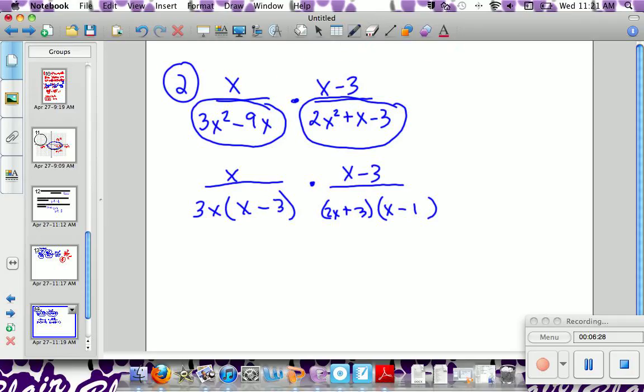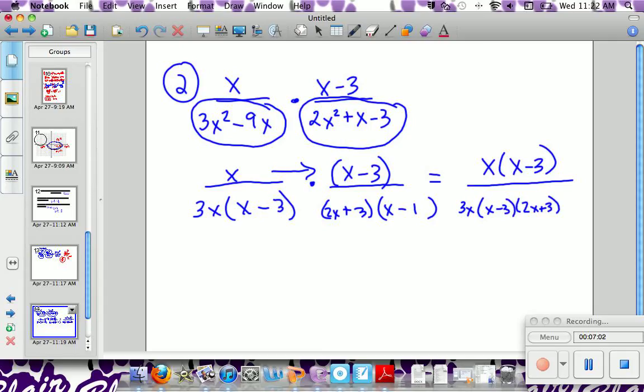Now, I can go ahead and multiply straight across. If everything is simplified, it's pretty much locked in parentheses. I always talk about locking something in if there's subtraction or addition. I want to lock it in. I'm going to multiply straight across. And notice how my goal right now is just to create one big fraction before I cancel anything out. x times x minus 3. Well, let's not distribute anything yet. Let's keep it all simplified. All over, I've got a 3x out here. This is going to get kind of big. I've got an x minus 3, and then I've got a 2x plus 3, and I've got an x minus